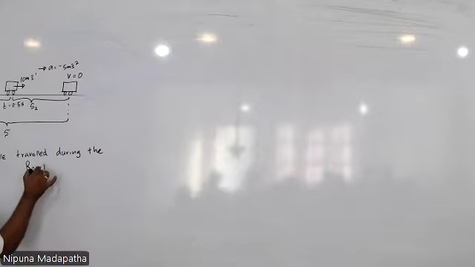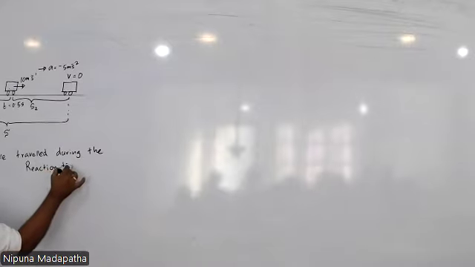Distance traveled during the reaction time, which is S1. So how do you find the distance? What is the type of motion? It is constant uniform motion, right? So you can only use S equals ut. So u is 10, time is 0.5. So it has traveled 5 meters